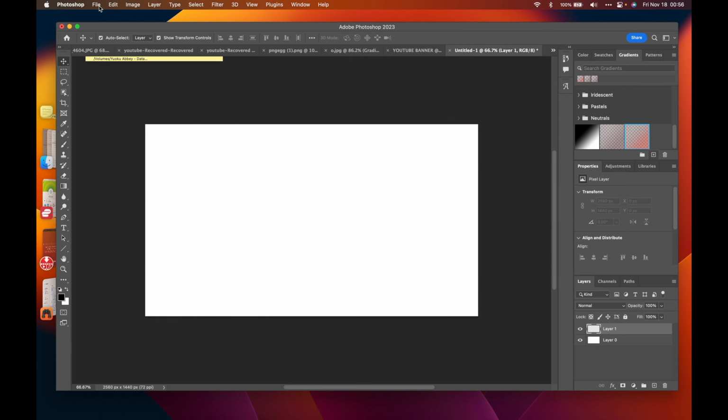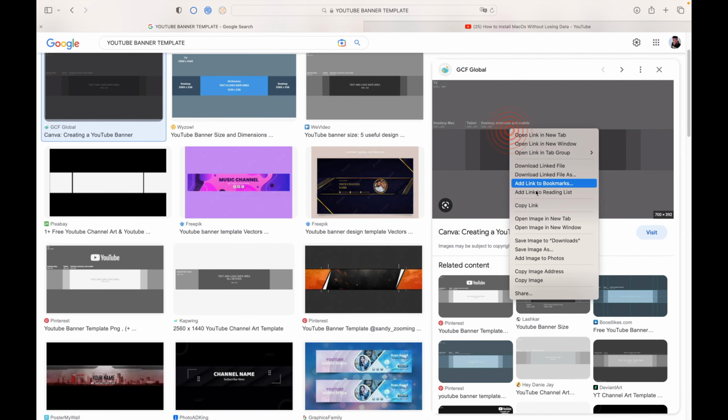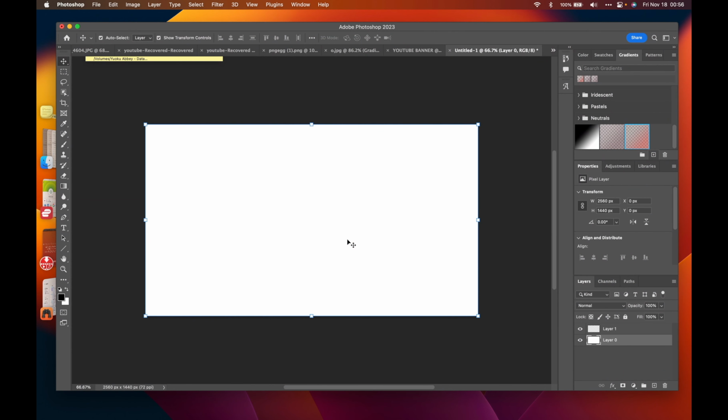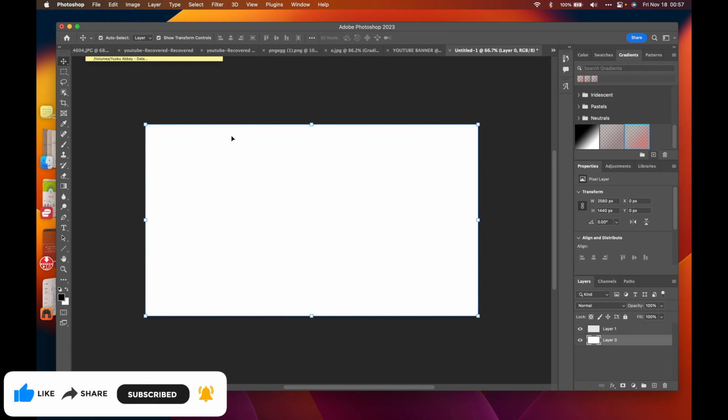And then there are two options. You can go back and copy the image if you want and paste it. Command V, you paste the image here. I mean, that's the quickest way. Or you can, let me go back. You can